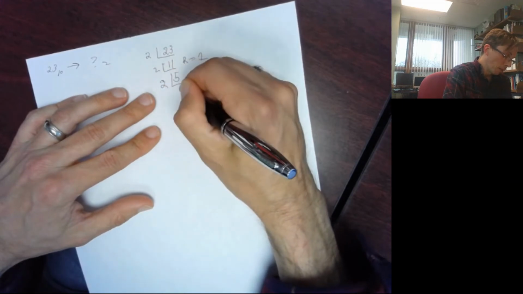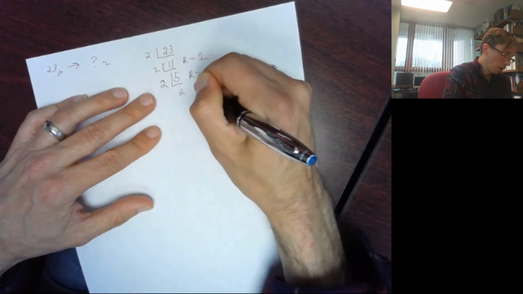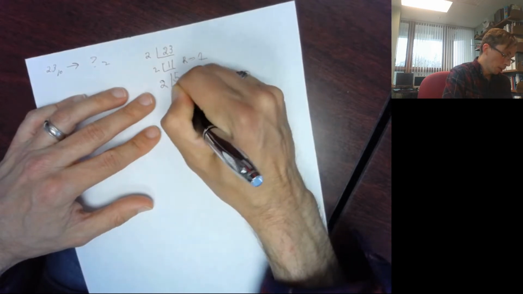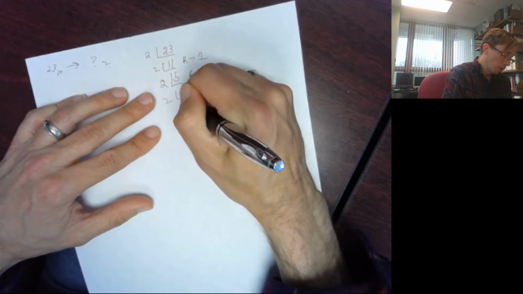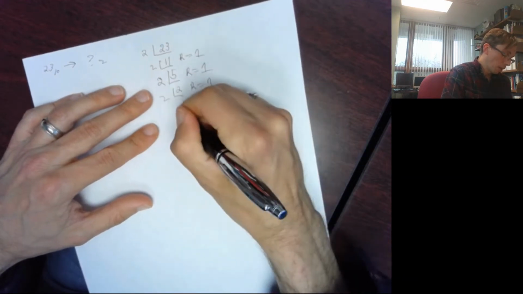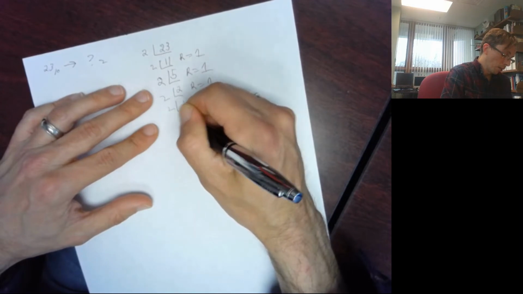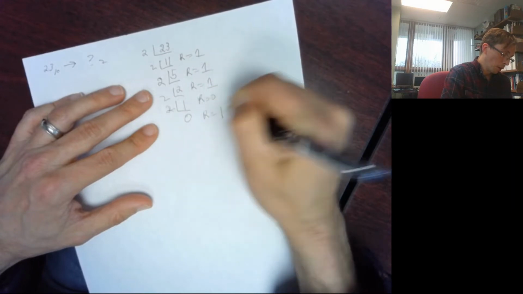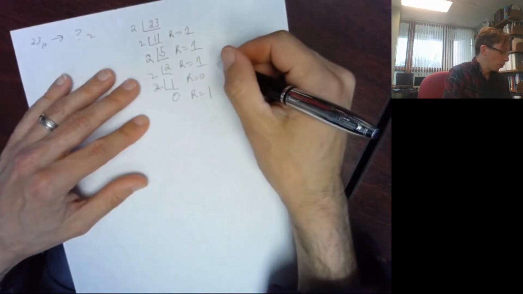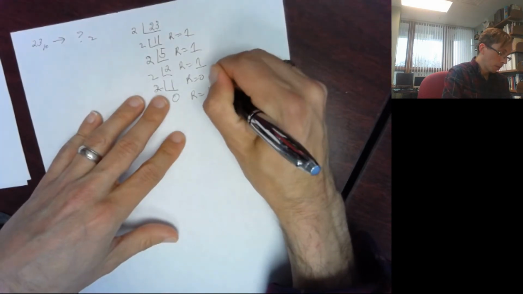Divide by 2 again, we'll get a quotient of 2, remainder 1. Divide by 2 again, we'll get a quotient of 1, remainder 0. And then again, we'll divide by 2. Doesn't go into it at all, so we get 0, remainder 1. And if we follow our places back up, like this,